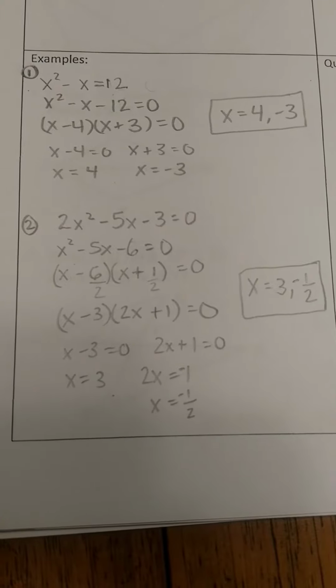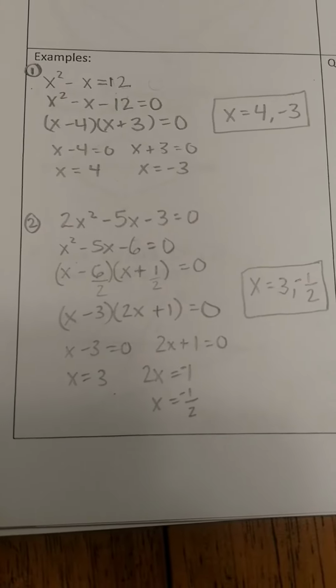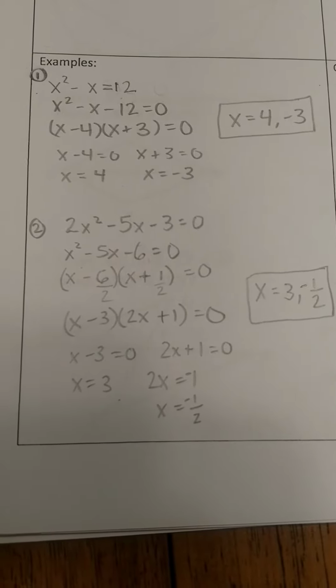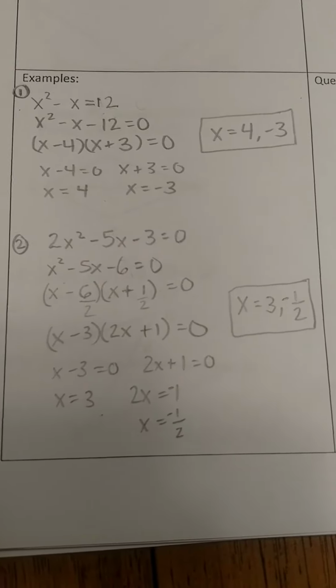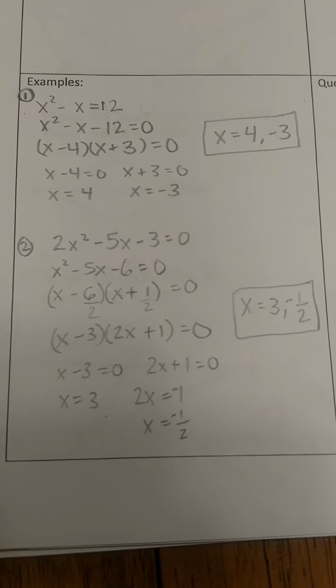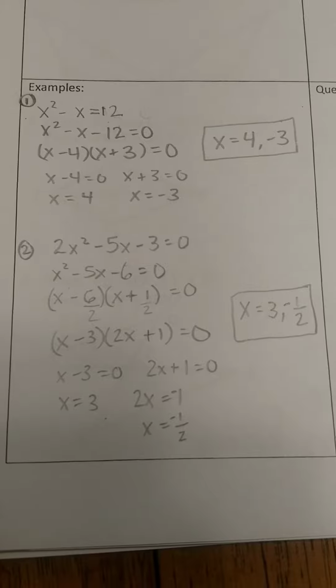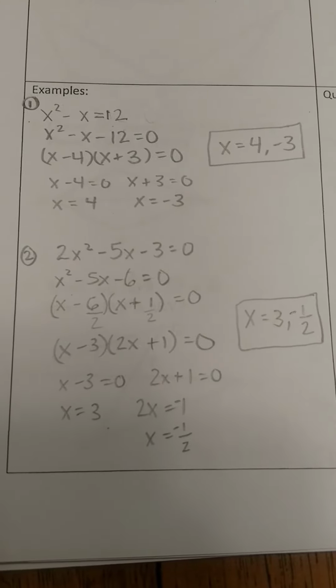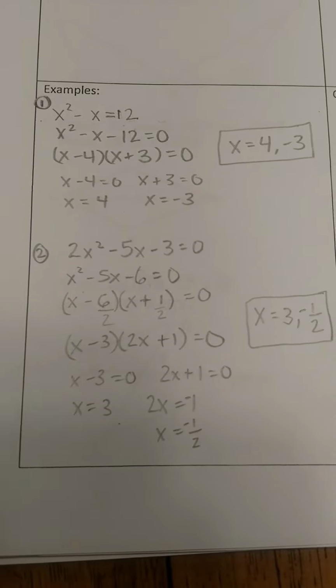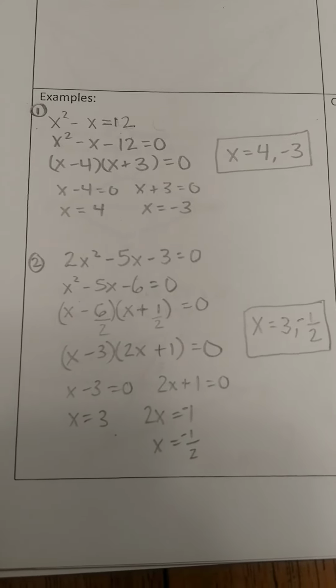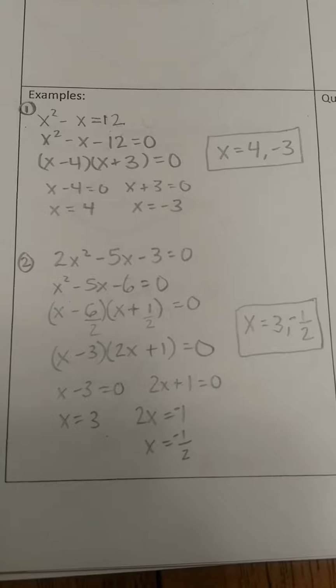For the following one, it's already set equal to 0, so I'm going to use the bottoms up approach. So I multiply 2 times negative 3 to get negative 6. X squared minus 5x minus 6 equals 0. Then don't forget that after you factor, you have to make sure that you divide your final constant term by your initial a value. So when you simplify, you get x minus 3, and on the second one, 1/2 can't